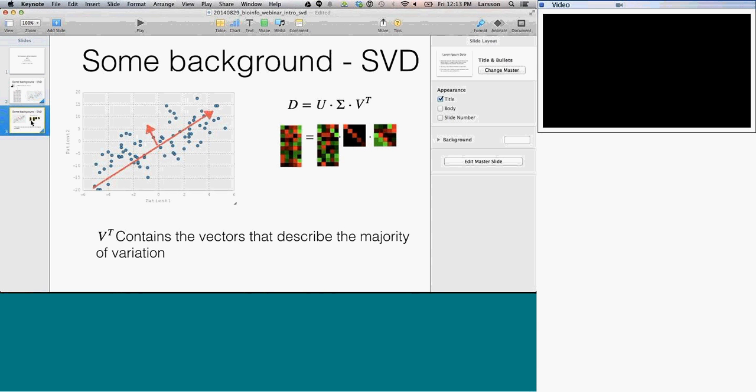The reason it's interesting is that if you have a batch effect, it would affect the majority of the data, and so it would correspond to a large portion of the variance. If it doesn't correspond to a large portion of the variance, i.e. it's not one of the highest principal components or singular vectors, then it's not going to be a strong